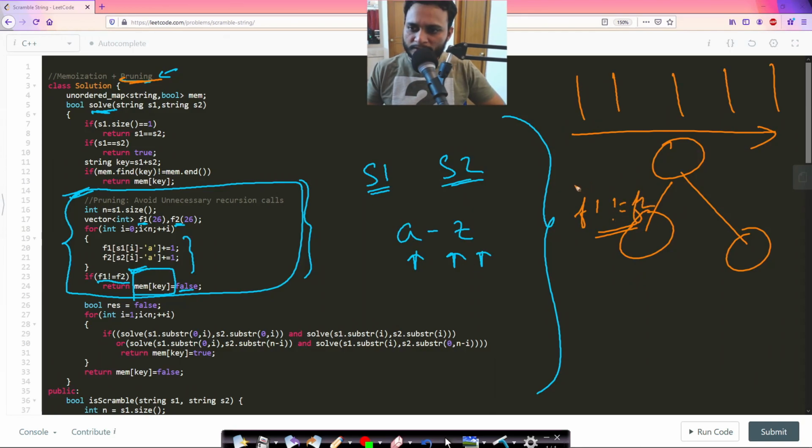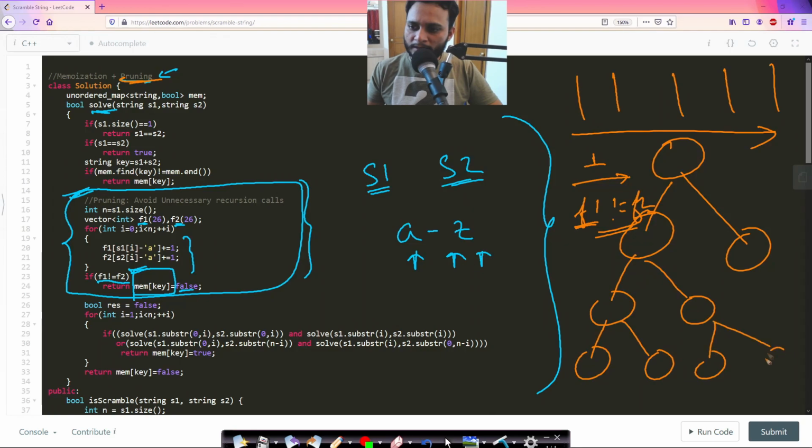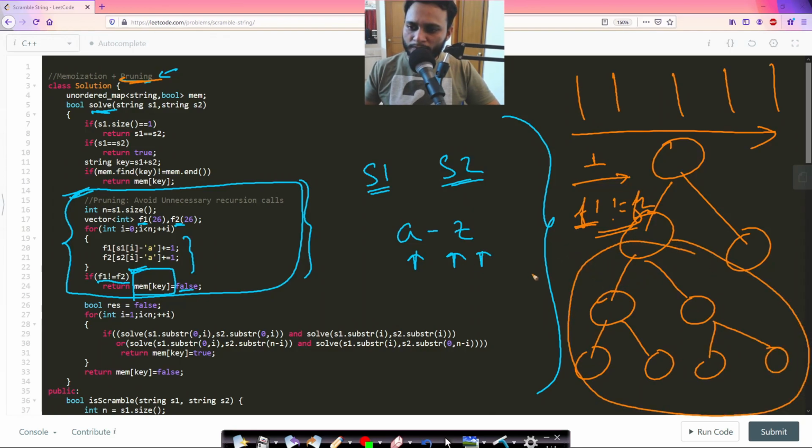So you just traverse the entire string once, find the frequency of both strings, and compare them. All the recursion calls lying below it are avoided, and it will highly improve your time complexity, right? So this is the idea.